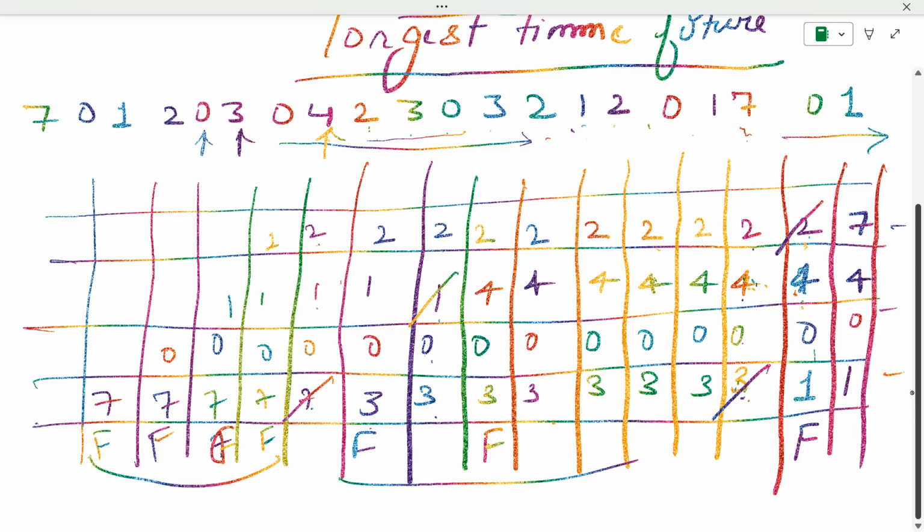I think I did some mistake here, right? It is F, then 1 replaced by 4 is a F, right? So 4, 5, 6,